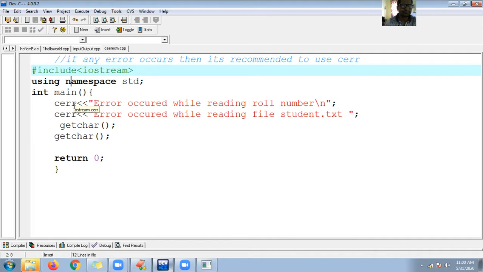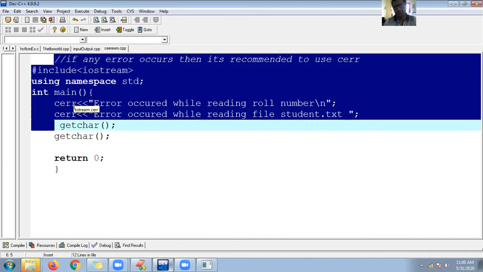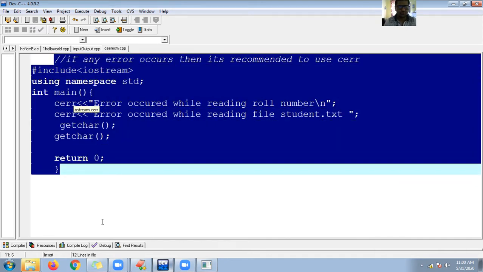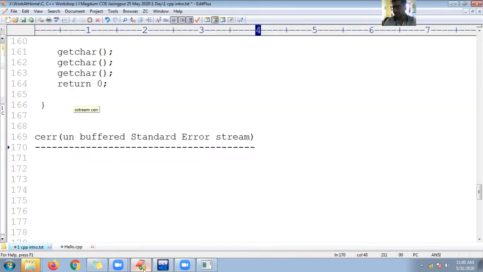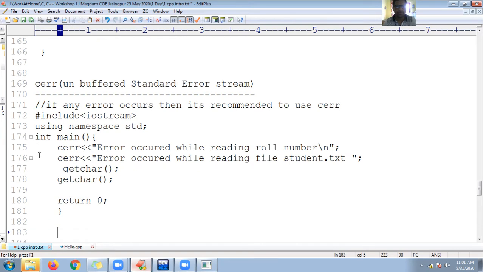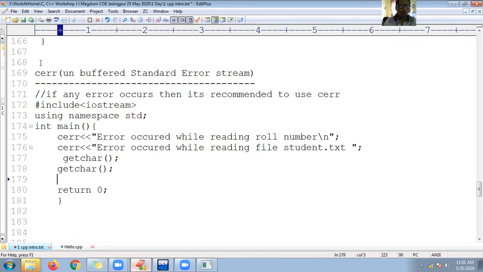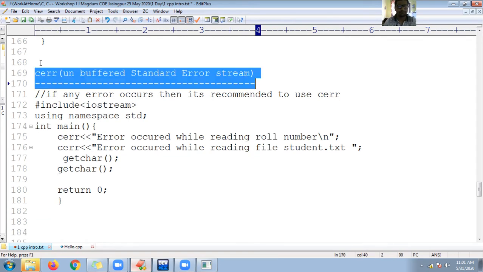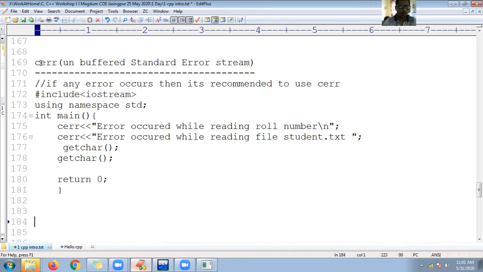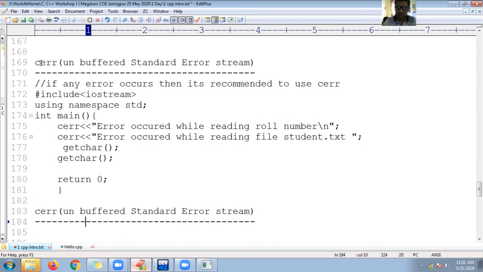Okay, you can use clog also. You can use clog to work with the buffered stream, to keep the messages in a log. So let us see now. One more is there. I want to go with the buffered, not unbuffered, buffered standard error. So I don't want to use cerr, you can use here clog files. You can call it a log file.